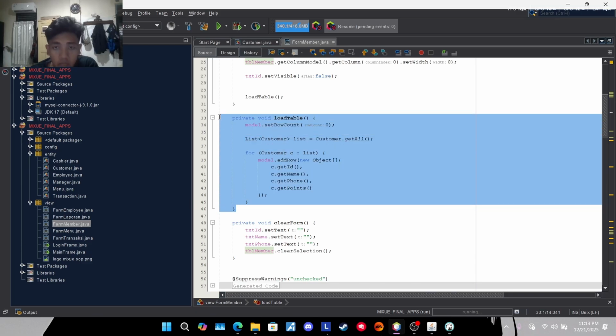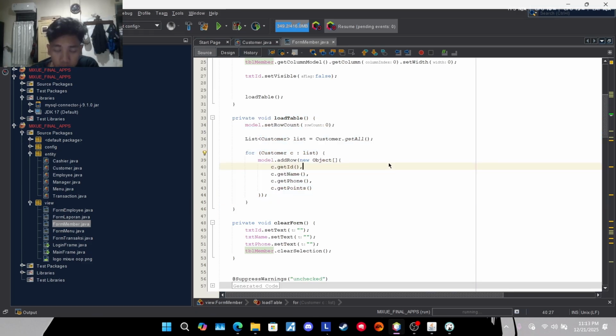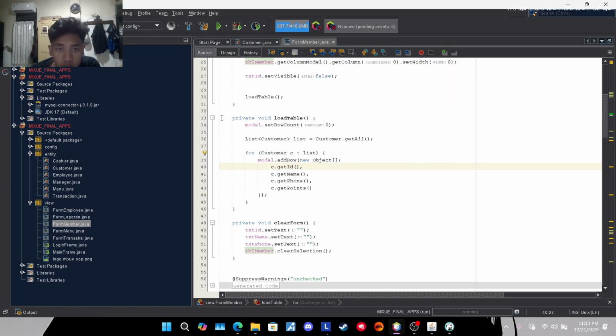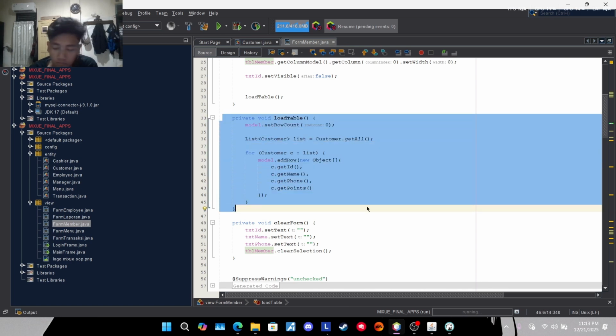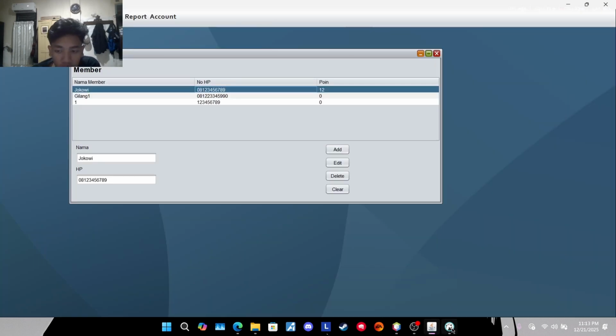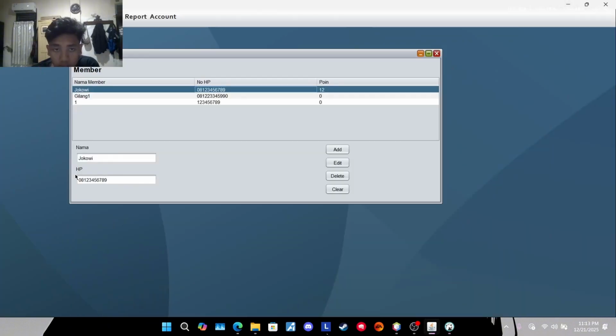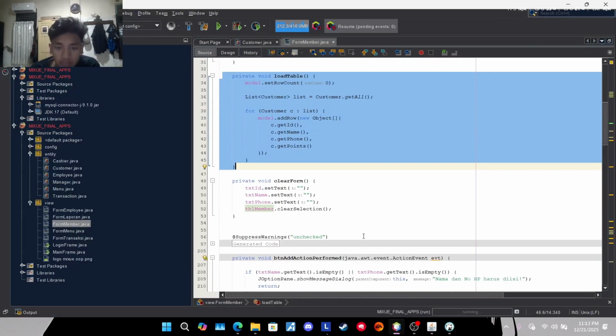This load table method is used to get the database from the customer database. So this code will load the table if I just add a database member in this section, there will be a load again of the table to show the newest database there.